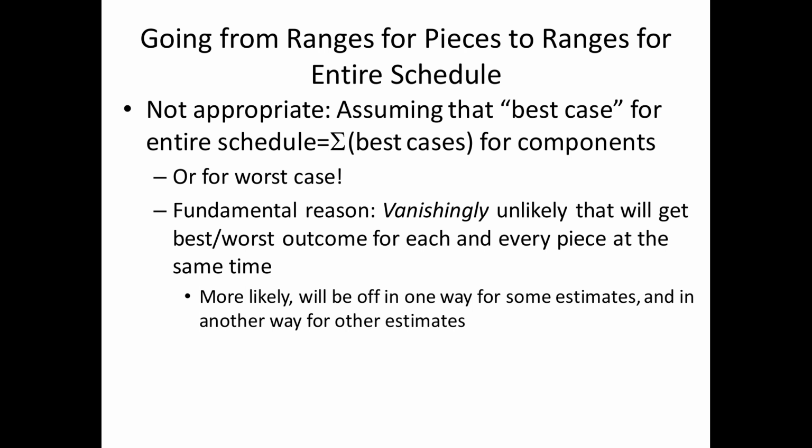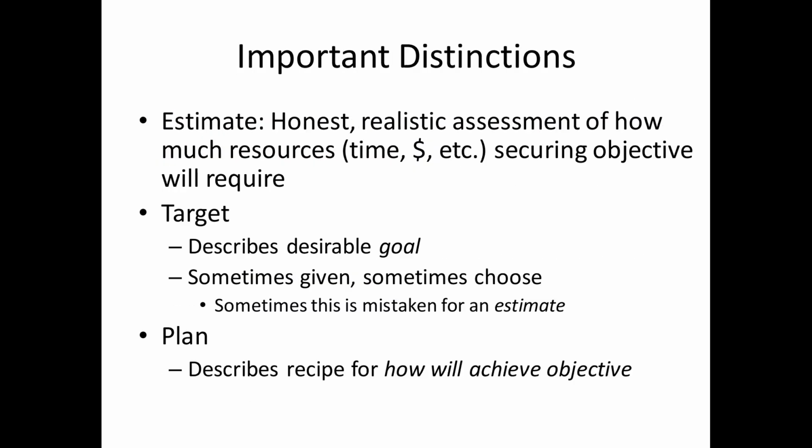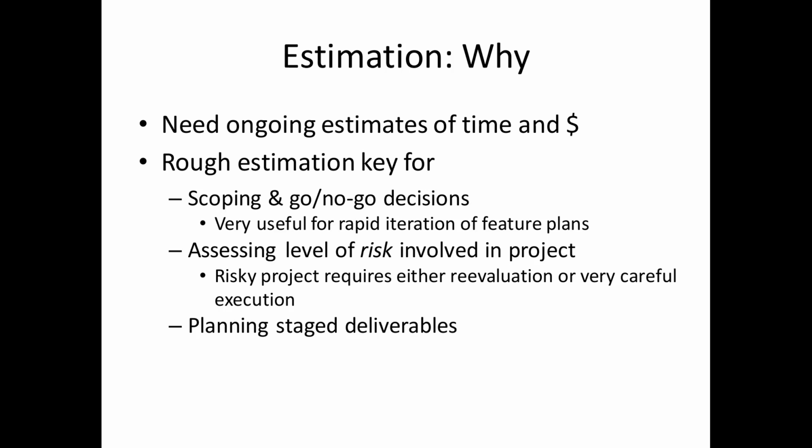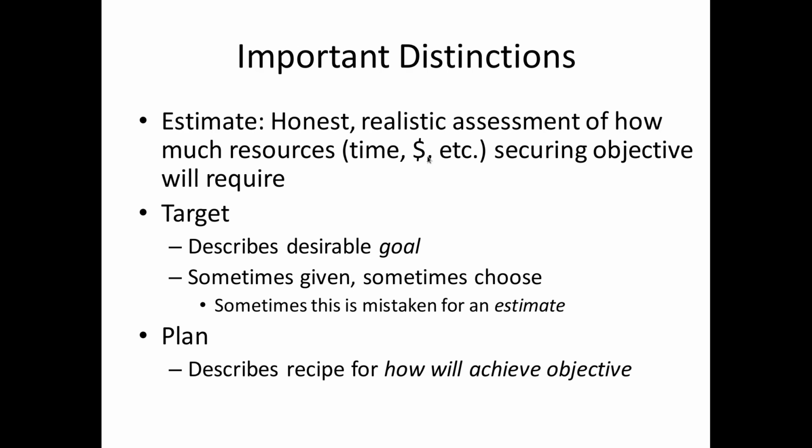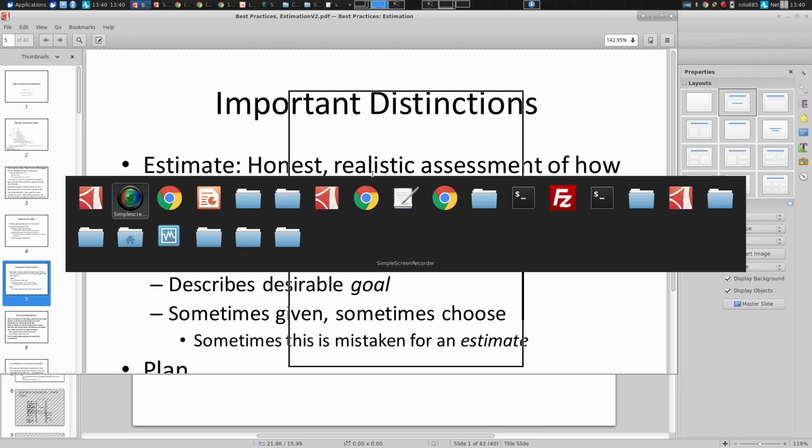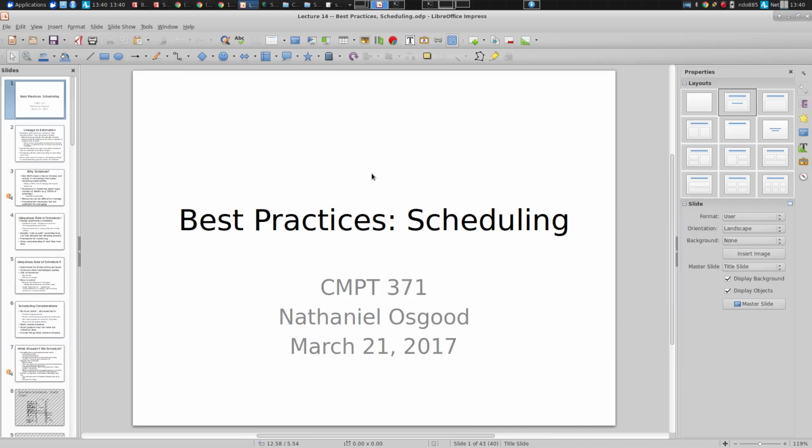So estimation, we've been talking about, is coming up with an estimate, or better yet, estimates associated with how much time, typically, is required to secure some objective. Now we're going to talk about a trickier issue, which builds on estimation, and has to do with coordination. It has to do with scheduling, like what has to be done first. Okay, so I'm going to switch to this. We're going to go over and we'll talk about scheduling here.